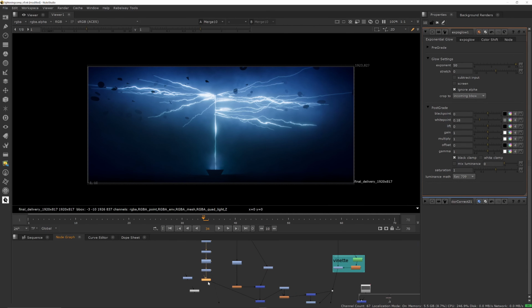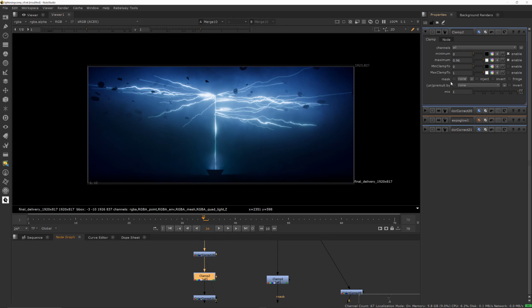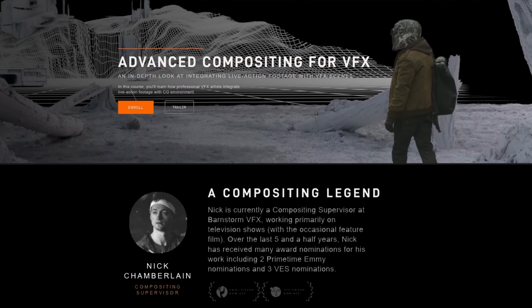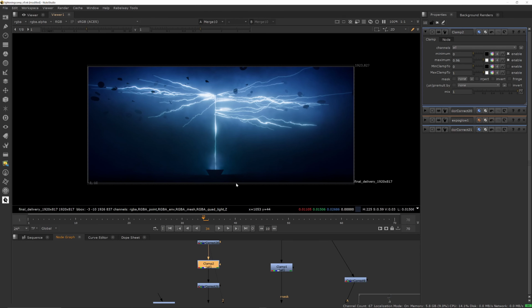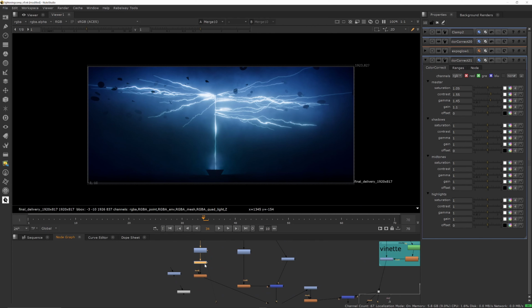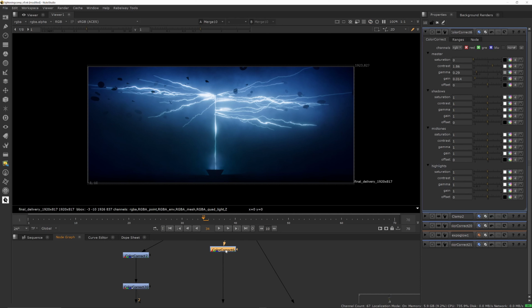So with that in mind, let's take a look at what settings I've got here. I'm clamping it, which like I stated isn't really doing much. Someone like Nick, I think, is very surgical with his compositing, but I'm just trying to match my reference as close as possible. So sometimes I put down things or color corrections that aren't really doing too much, and as long as at the end of my comp it looks close enough, I'm happy with it. There might be a few nodes here that aren't doing a whole lot. And if we take a look at this one, you can see, yeah, this one is doing